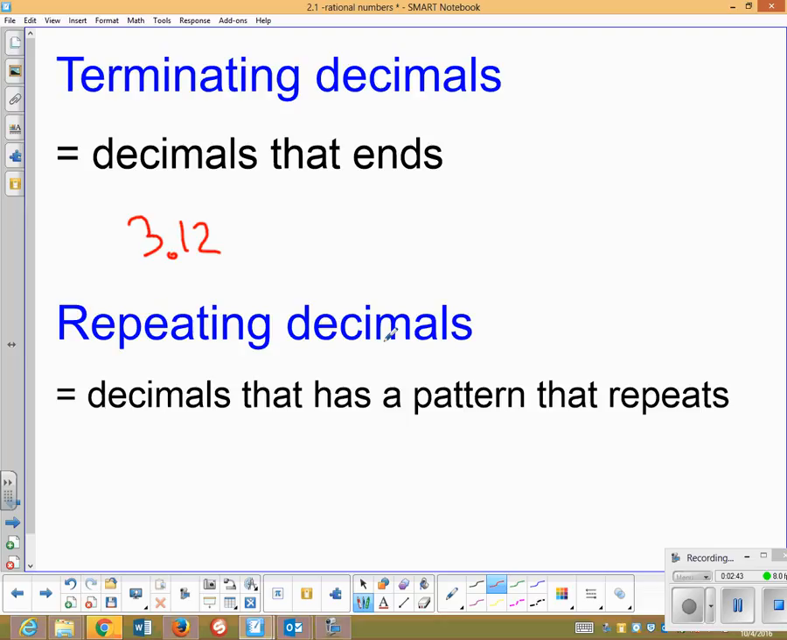A repeating decimal is when you have a decimal that has a pattern that repeats. Let's say your GPA is 3.12, but this time the 2 keeps on repeating. If the 2 keeps on repeating, I'm going to put a bar, called a repeating bar, on top of the 2, and that tells me that the 2 keeps on repeating. Here's another example of a repeating decimal. You can have a